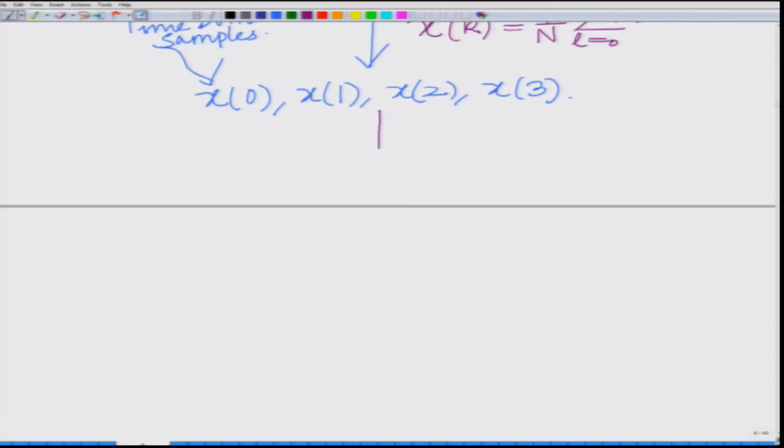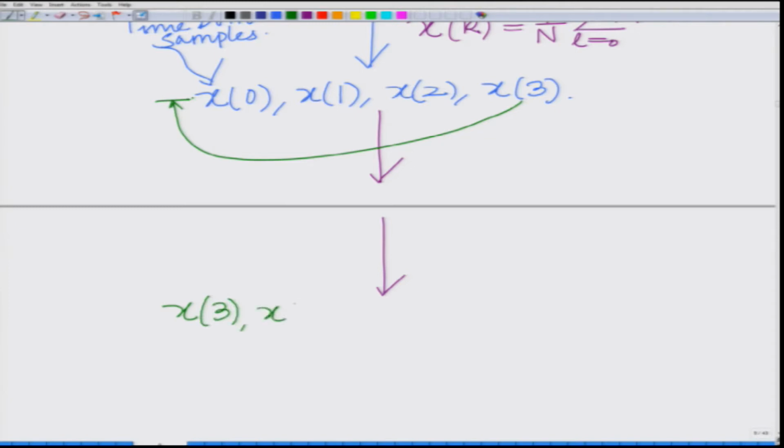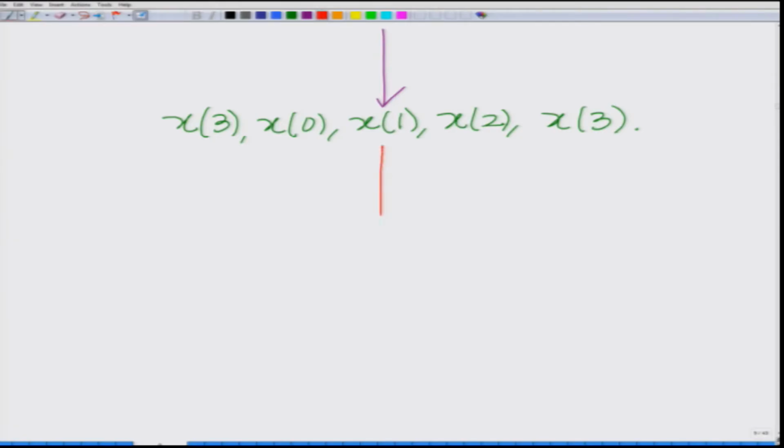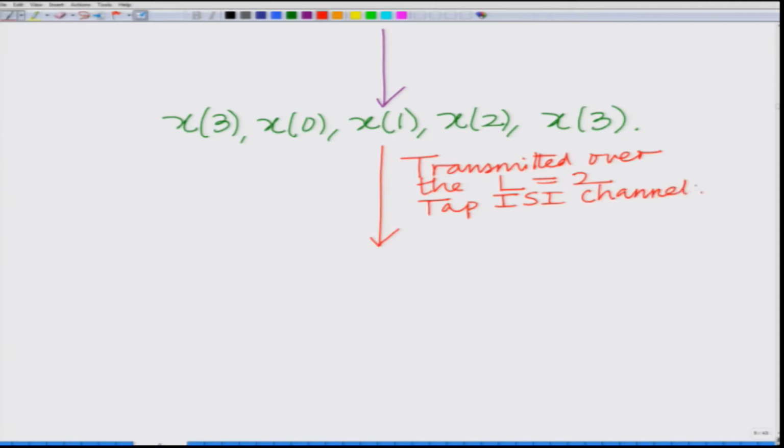Now, once you generate the time domain samples, we add the cyclic prefix, that is basically where you have some symbols from the tail prefixed in the beginning. So, you have now x3, x0, x1, x2, x3, and these are transmitted over the L equal to 2 tap ISI channel, alright. These are transmitted over the L equal to 2 tap ISI channel, which is